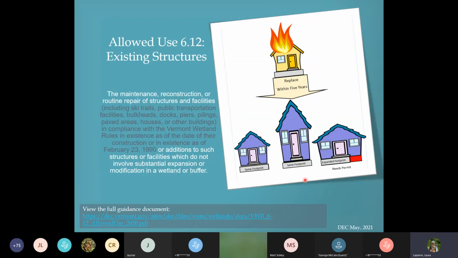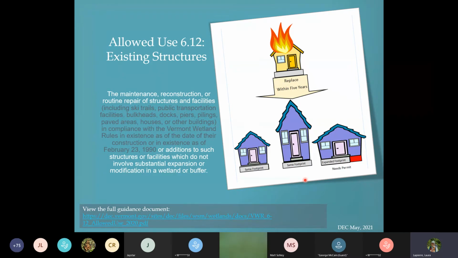We have an allowed use for existing structures where the maintenance, reconstruction, or routine repair of structures and facilities, or additions to those structures or facilities which do not involve substantial expansion or modification in a wetland or buffer, are an allowed use and don't require a permit.